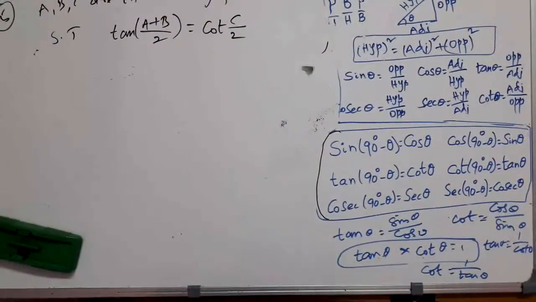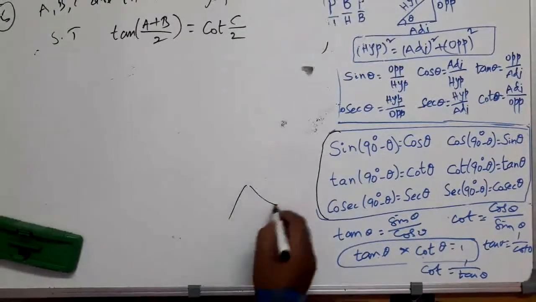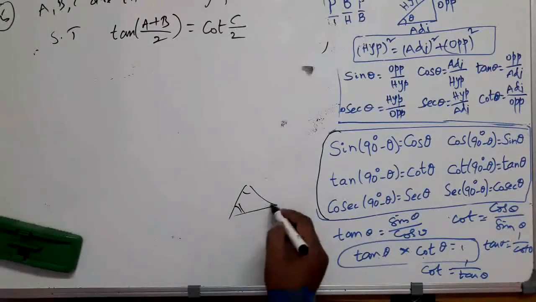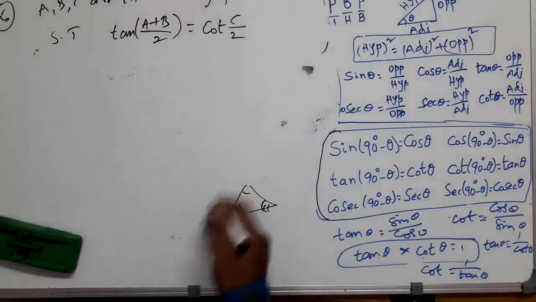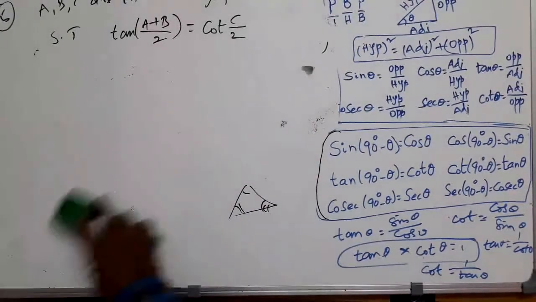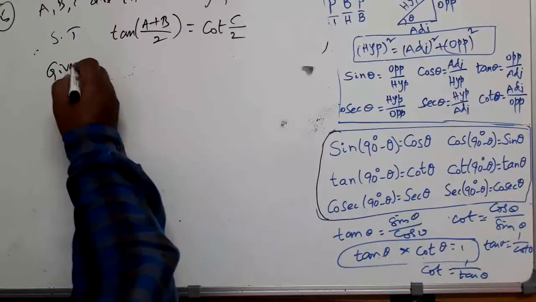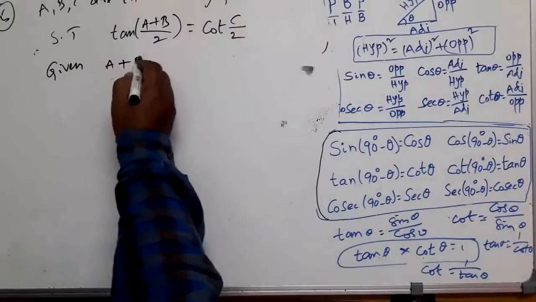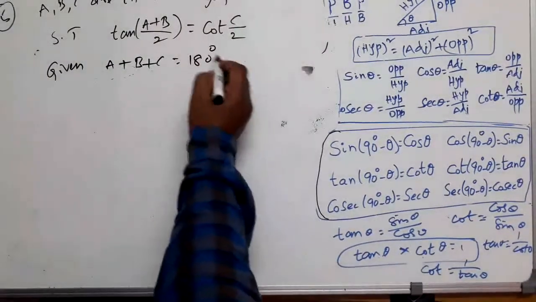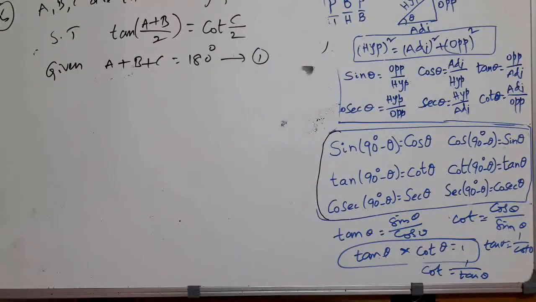Yes, tell me, what is an interior angle? Yes, all the angles of a triangle. Let us say if this is triangle ABC, these three angles are called interior angles. If ABC is a triangle, what is the sum of the angles? 180 degrees. Angle sum property. So ABC are interior angles of the triangle. So what is given about the angles? A plus B plus C is equal to 180 degrees. Let us say this is relation 1 because ABC are interior angles of a triangle. So you can have this.